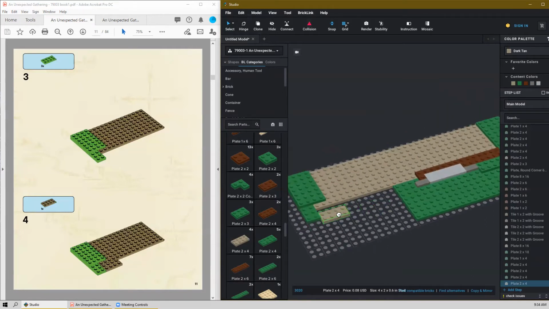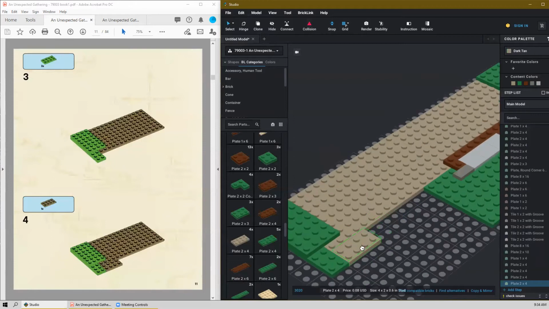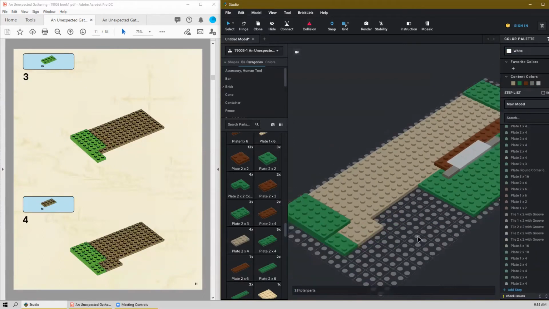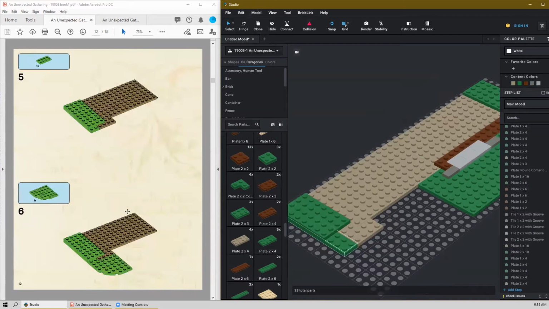Okay, so put that one. See, it wants to go underneath that piece, and I don't want it to. I want it to sit on top. If we were on a flat table, this would be easy, right? But because the program wants to connect them all together, you have to sort of trick it into getting to the right spot. So we're gonna put another one there, and then we're gonna grab that quarter round